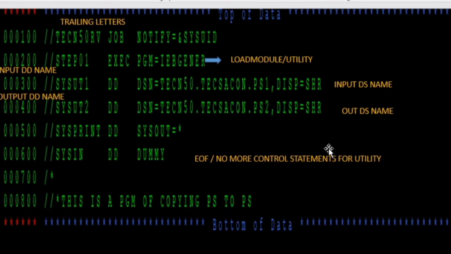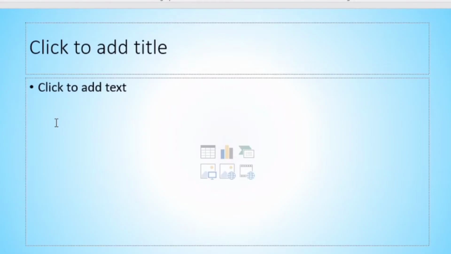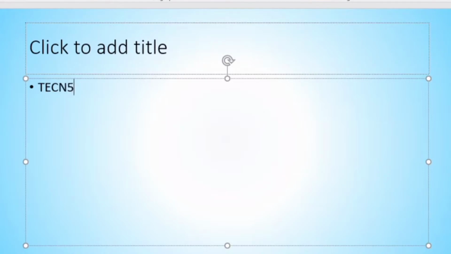Second step. Repeat? See, you create a PDS today, like this, TECN 59 dot, if it is my name, if I am creating, I'll write my name and then I will create like this, JCL PDS. After creating this, you have to create